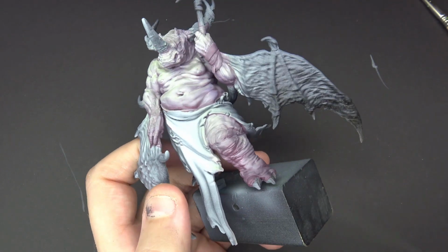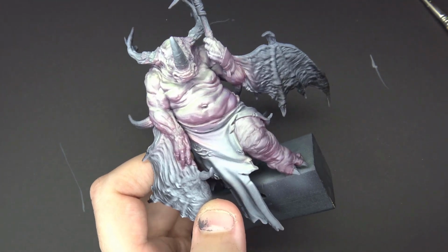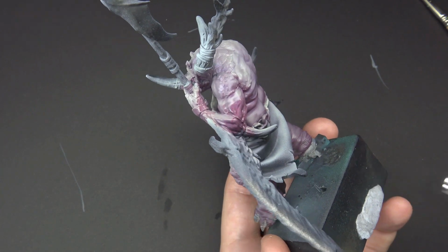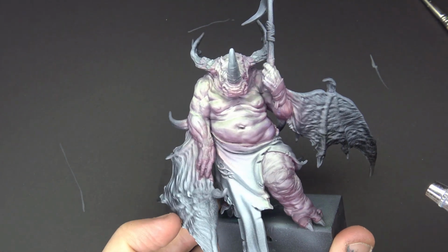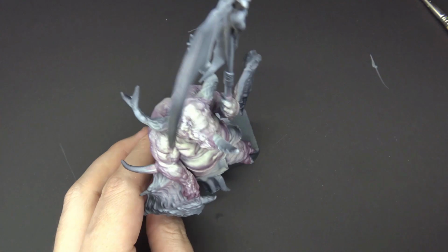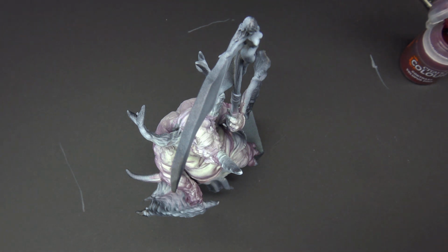So I go through and add quite a few little color nuances here, and I'll continue to do that over the course of this paint job with the airbrush, just quickly adding little subtle shifts and changes. And this is actually using a Games Workshop contrast paint, Volupus Pink, and it's kind of got similar tones to the original base skin tone. The reason I didn't use the original base skin tone is I wanted a translucent color. I didn't want to use something that would cover over the layers. I wanted something that would filter and shift the tones slightly. So Volupus Pink was the option, and you can see the angles that I sprayed that at were from below, and oh, there it is, Volupus Pink, very good,